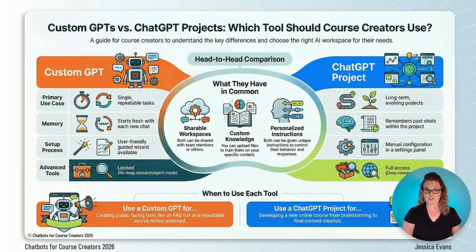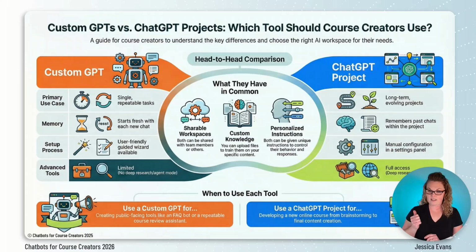One last foundational insight I want to share before we really dive in. And that is, I want you to consider if using a custom GPT or a ChatGPT project would be the best fit for the specific and custom chatbot you want to build. Now, I don't want to spin you into a world of overwhelm. So again, I'm only going to focus on custom GPTs today, but do pause the video here,